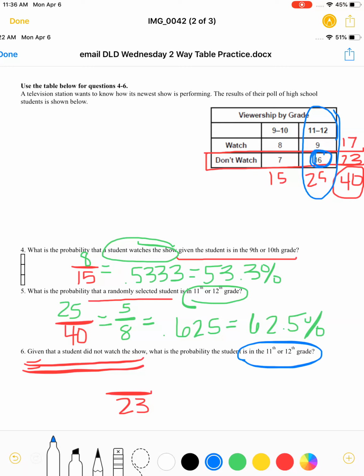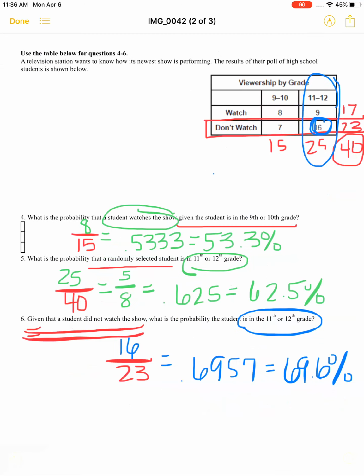So 16. So 16 out of 23. So 16 out of 23 we cannot reduce. But as a decimal, this is what we would get. 0.6957. Okay, and then as our percent, that would be 69.6%. Boom. All right. So the last example that we're going to talk about before